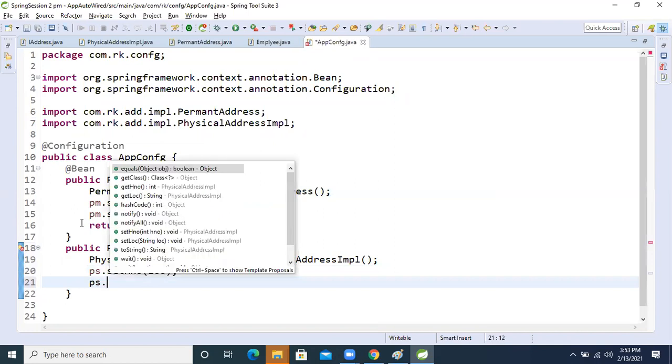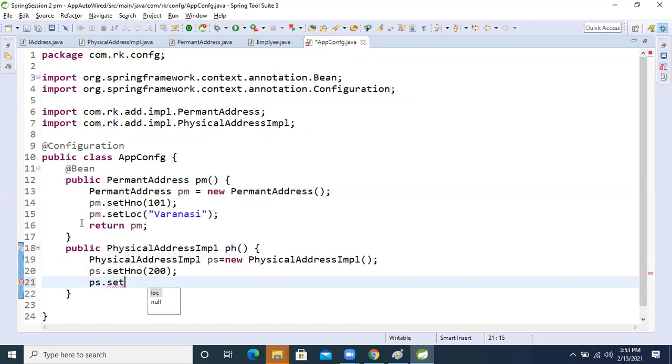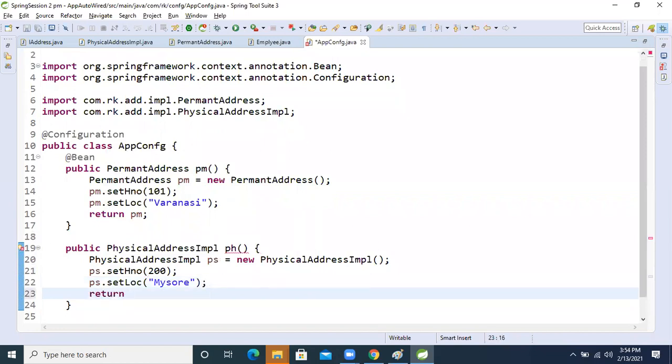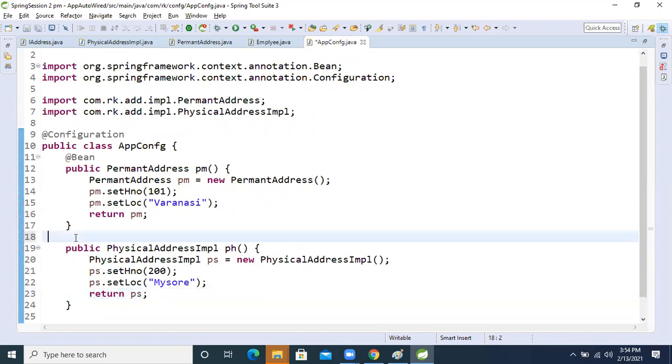Then ps.setLocation, my current location is Mysore. Now return ps. After that, if we want to make this method a bean, we apply the @Bean annotation.